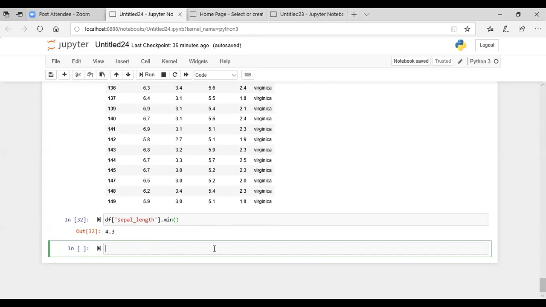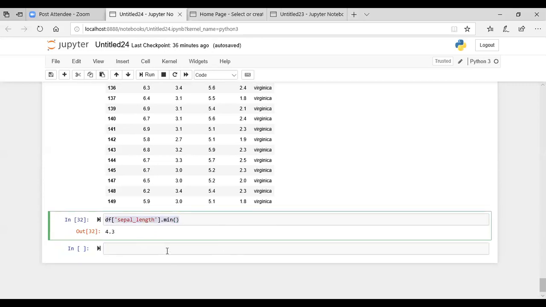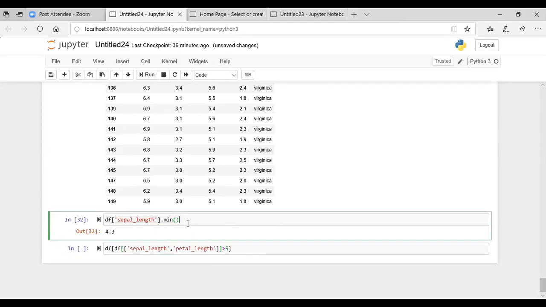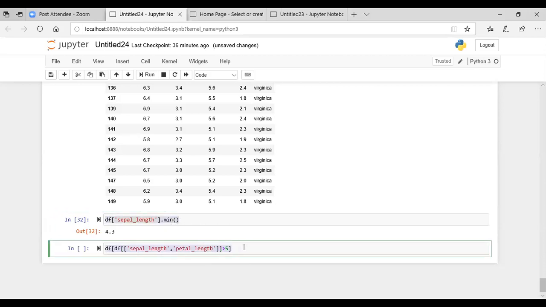Now, instead of one, if you want to find the minimum value from more than one column, then you have to include them in the form of a list here. So let's say I want to find the minimum of sepal length as well as petal length. So we want to find the minimum of sepal length and the minimum from the petal length column as well.